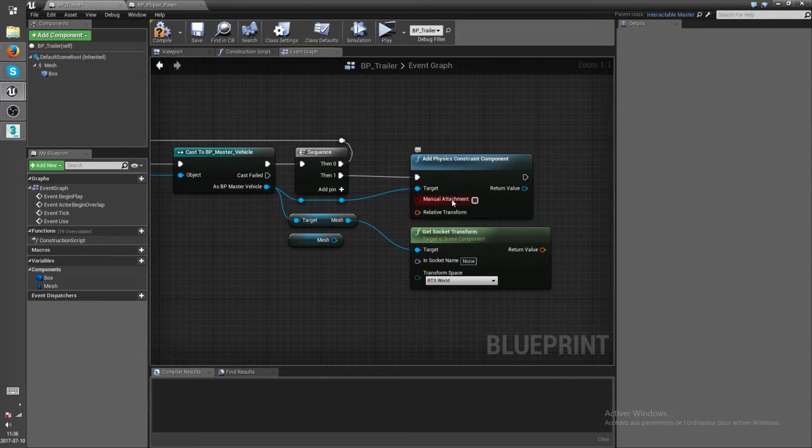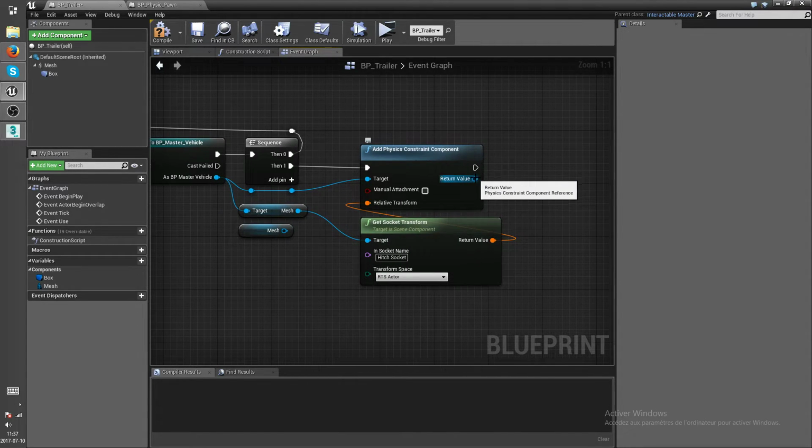You're gonna understand why later, eventually, I guess, maybe. Okay, cool. So end socket name is gonna be hitch socket. And then